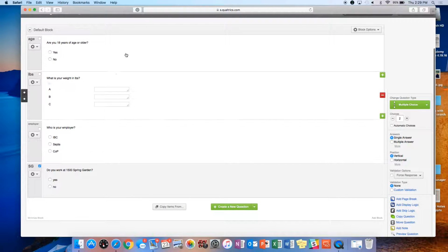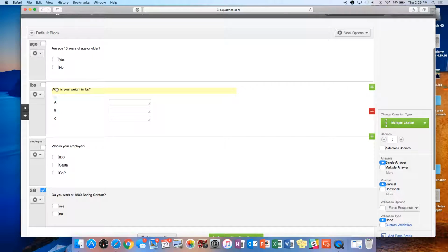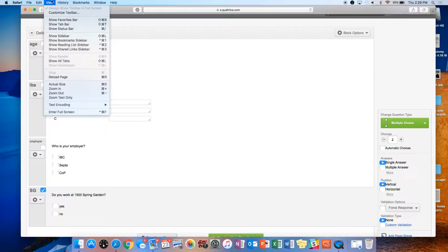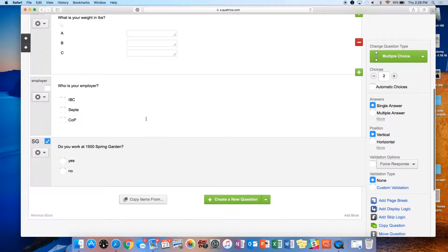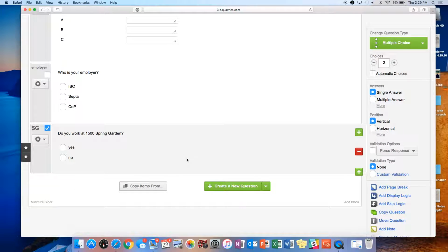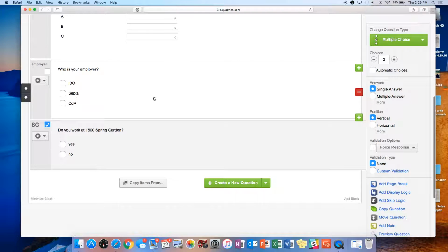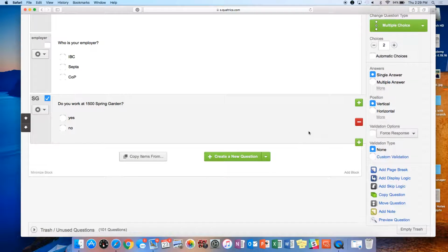Which is fine as long as you have a data dictionary. You can give that to the analyst and say 1 corresponds to this, 2 corresponds to that. Most of them you can modify, I guess for a scale. Let me see if I can recode. Oh, there you go. Okay, so now we only want to display this 1500 Spring Garden question to people that